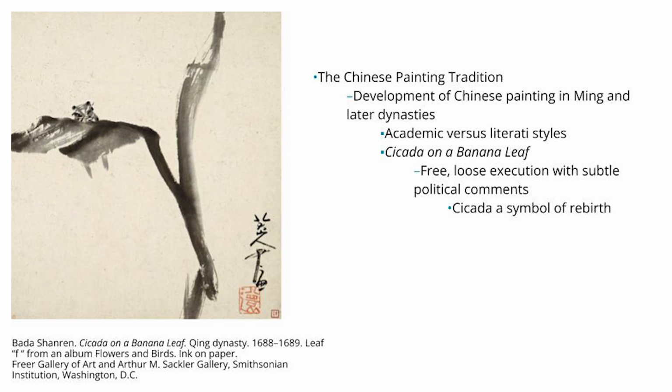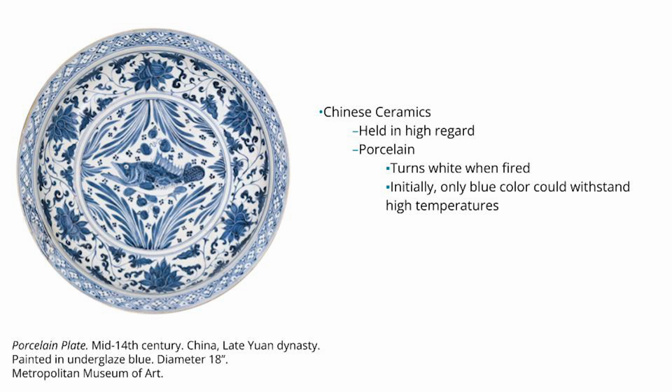Now, we're finally moving on from the Chinese painting tradition and getting into Chinese ceramics a little bit. I only have this one example, but there's so much of this. I'm sure you've all seen blue and white pottery, and that is from the Chinese tradition of ceramics. They were all held in very high regard and were worth a lot of money in international trade. And they were all pretty much made of porcelain, which is a more delicate and more expensive form of clay. It turns white once it's fired in the kiln,